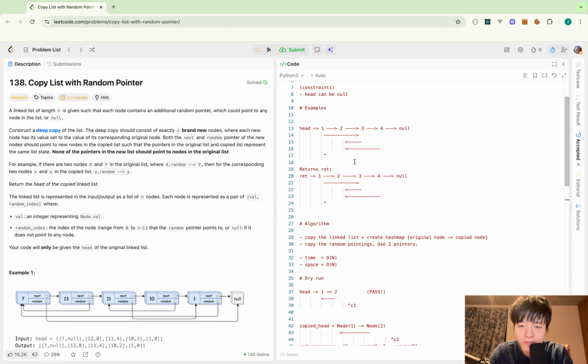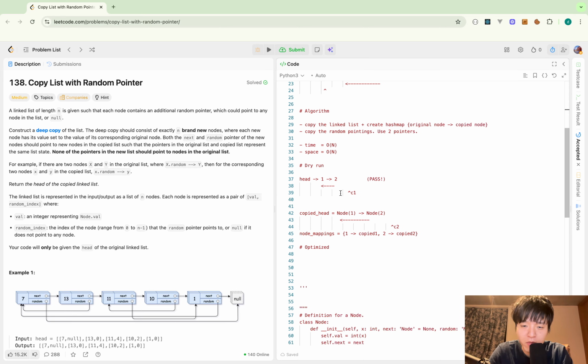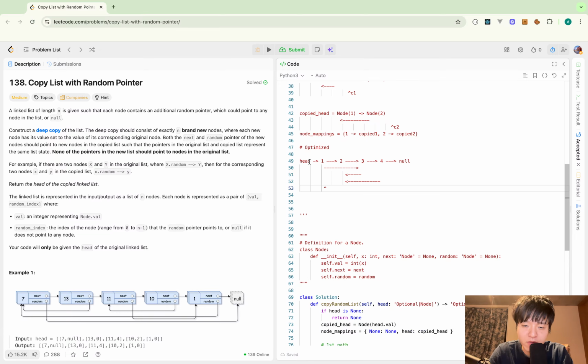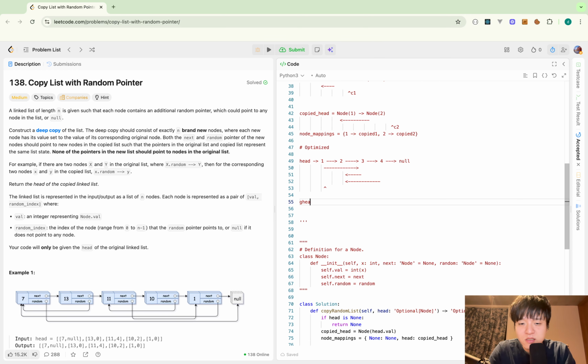So in this question, I have to copy the given linked list, and this linked list has the random pointer as well as the next pointer. So in this case, node 1 is pointing to node 3 as the random pointing. Okay. So the approach I can use here is